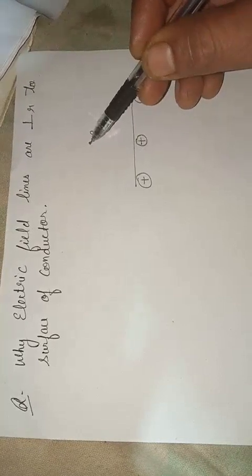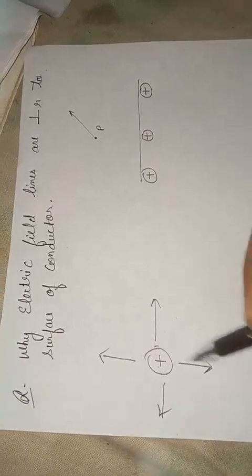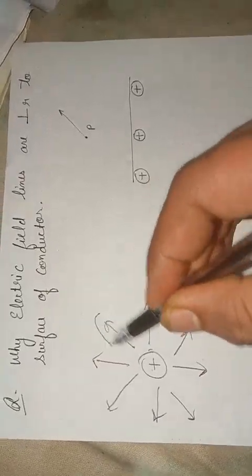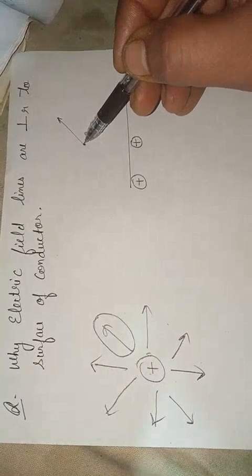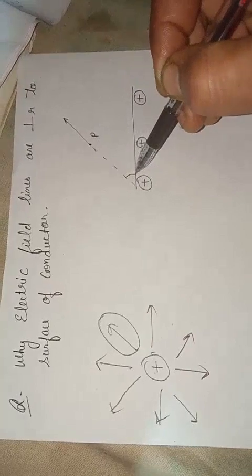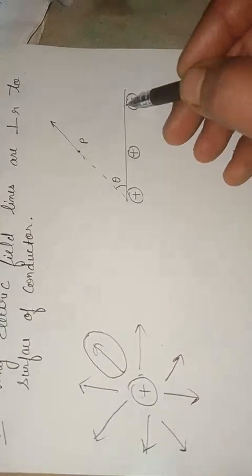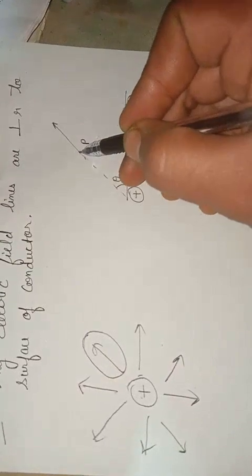Now this point is equidistant from this charged particle and from this charged particle. So the electric field at this point due to this charged particle will be in this direction. As we all know, the electric field due to a positive charge is radially outwards. So we can say that the electric field in this direction is acting like this. This electric field is making angle theta with the horizontal, and the electric field due to this charge will be in this direction,